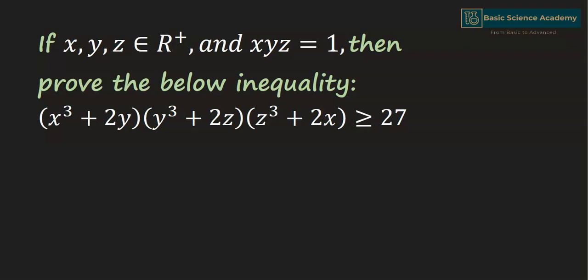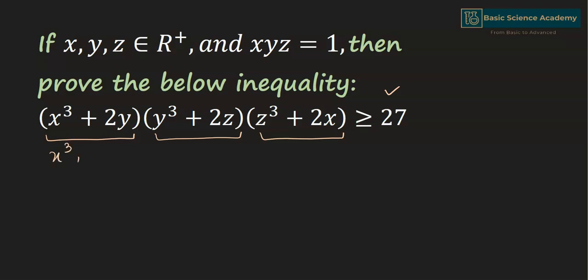So here we have: if x, y, z belong to R plus and x multiplied by y multiplied by z equals 1, then we have to prove this inequality. On the left side we have three different terms multiplied, and each of these terms has three values which are